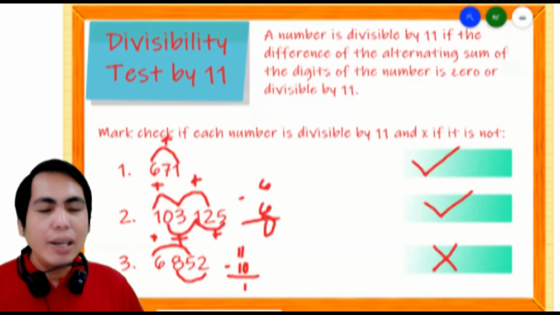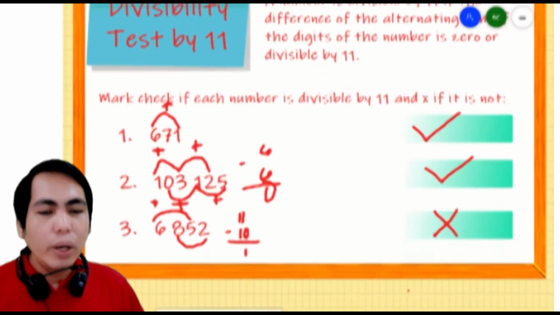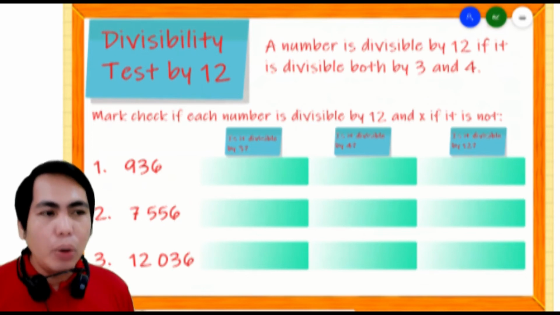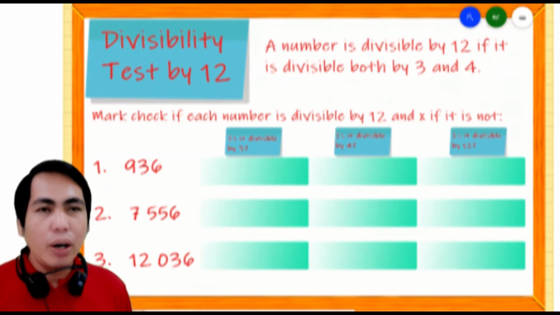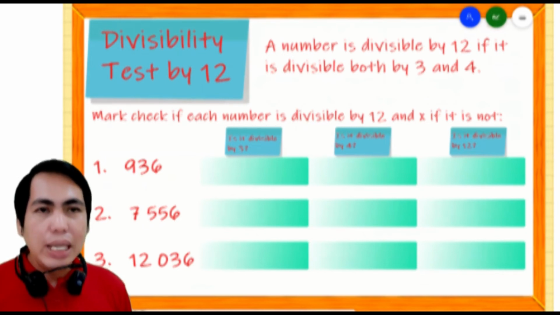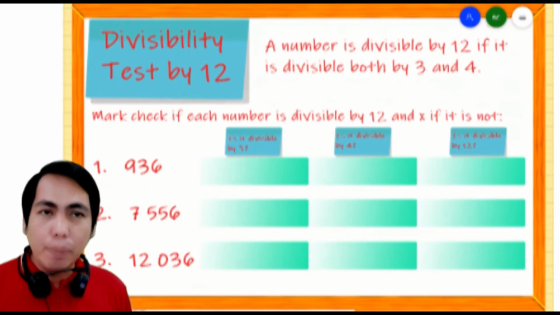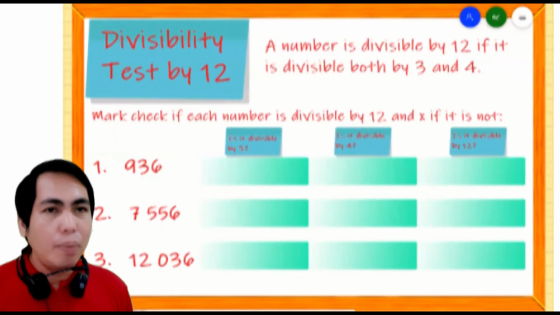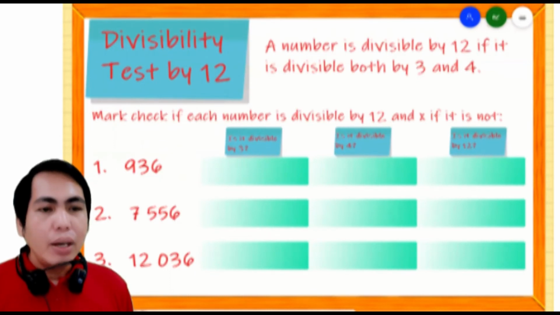And finally, we will proceed to the divisibility test by 12. It says here, a number is divisible by 12 if it is divisible both by 3 and by 4. So meaning to say that if a number is not divisible by either 3 or 4 or both, automatically the number is not divisible by 12. So let us have example number 1,